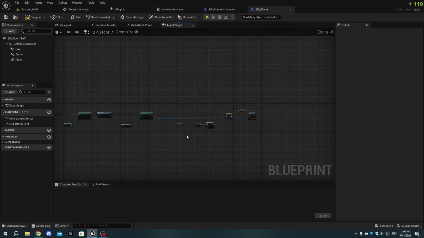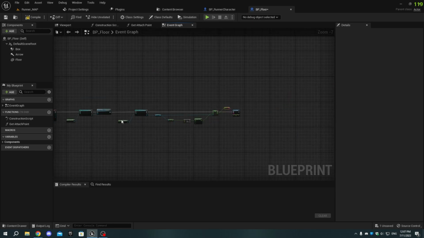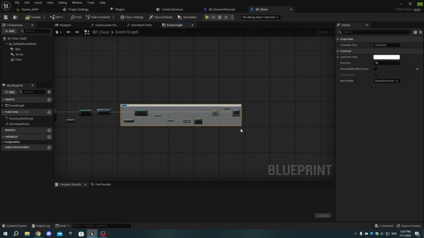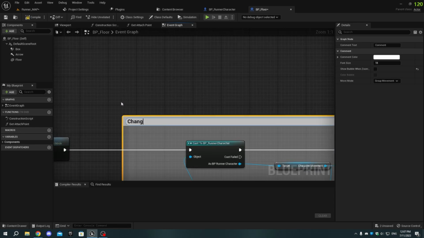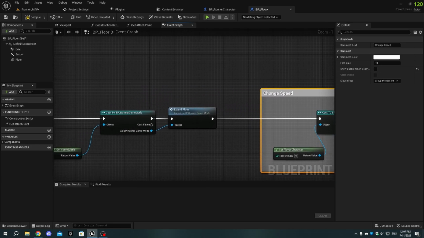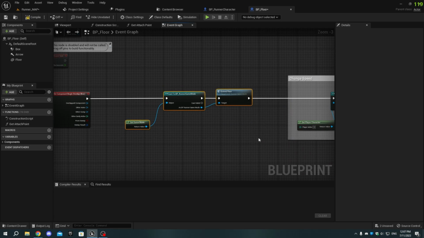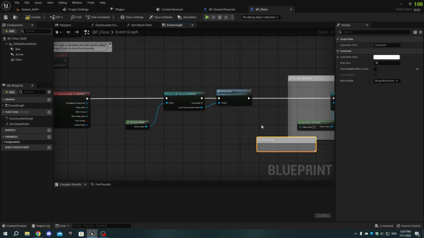Select the nodes from getPlayerCharacter to the printString and press C to add a comment named Change Speed. Lastly, select the nodes from Get Game Mode to extend floor and add a comment named Extend Floor.